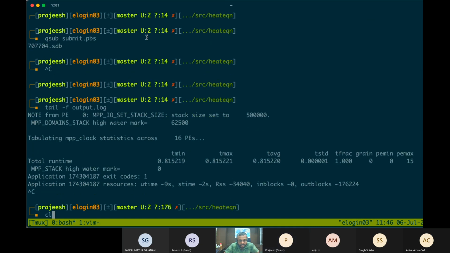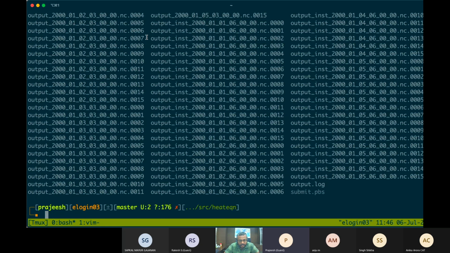Yeah. So now the model. Okay, you can see that it generated a lot of outputs. Again, each processor writes its own local domain in this file.